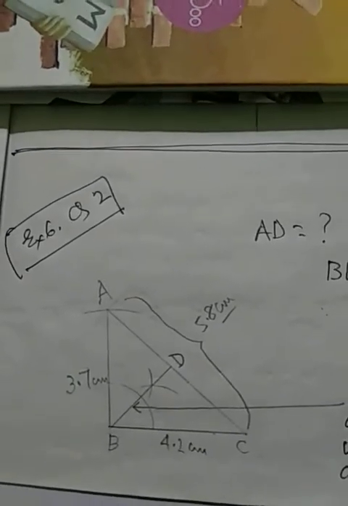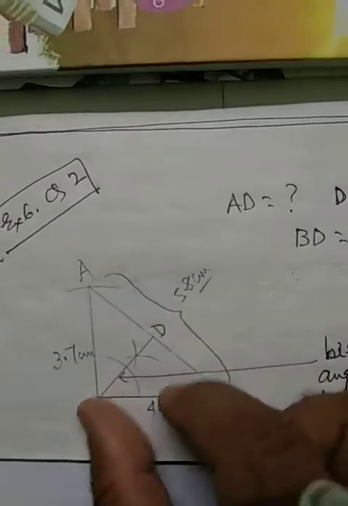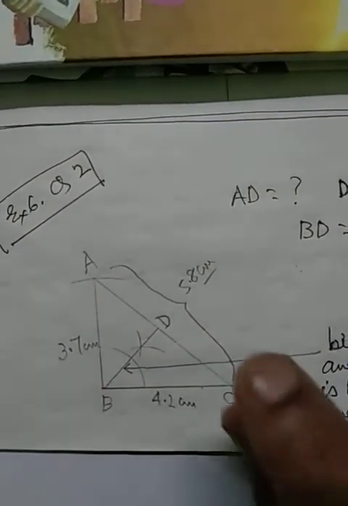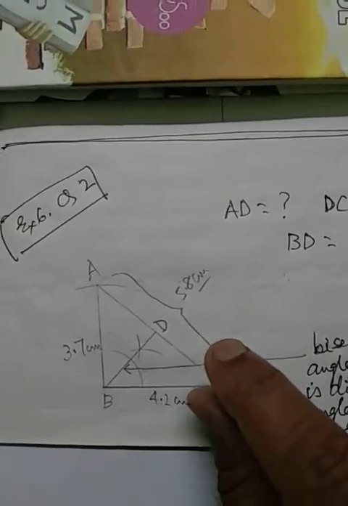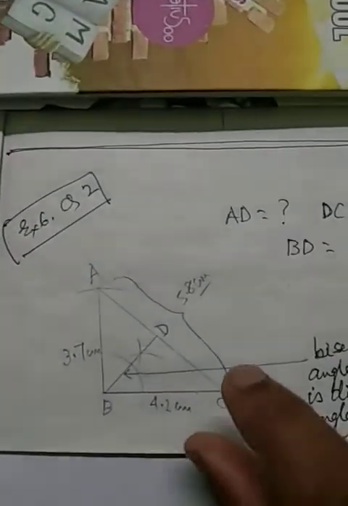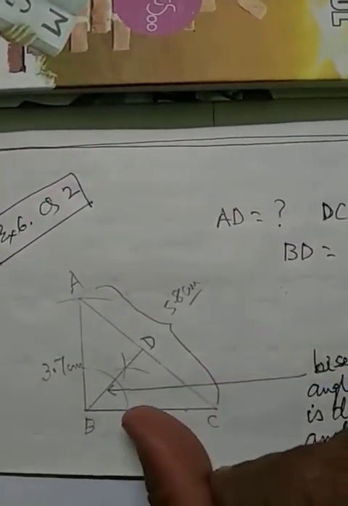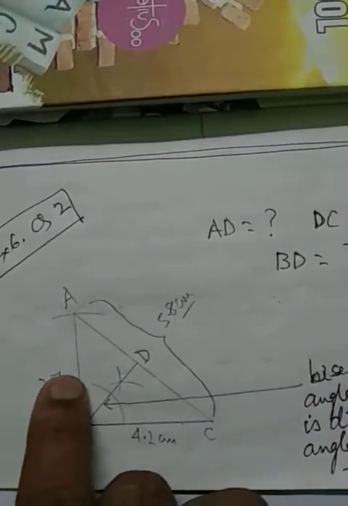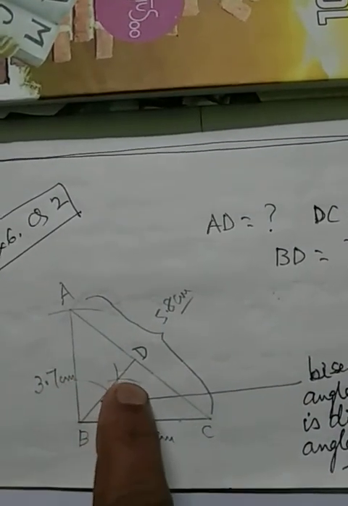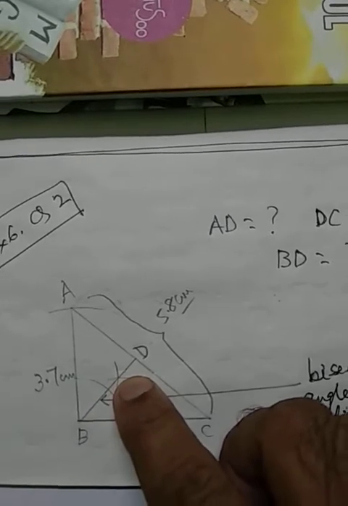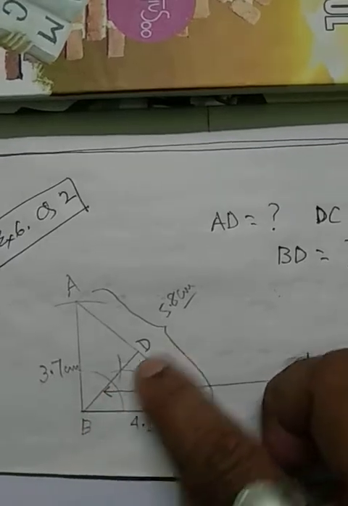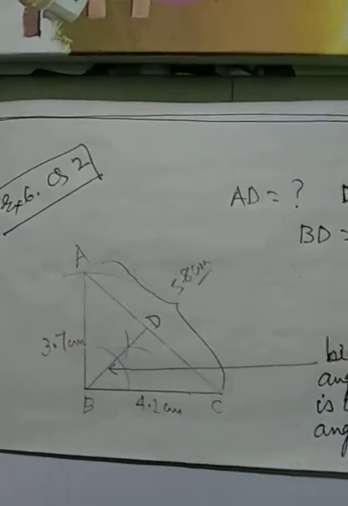In case you have done it in class 5, you may know. So first from B you can take any arc like this here, keeping the same arc, or you can make it a little less also. So once from this point you have to cut. So you are getting this line. Then from this point you are getting the second line. Now where they are cutting, that point, if you join with the point B, that line is the bisector of angle B.